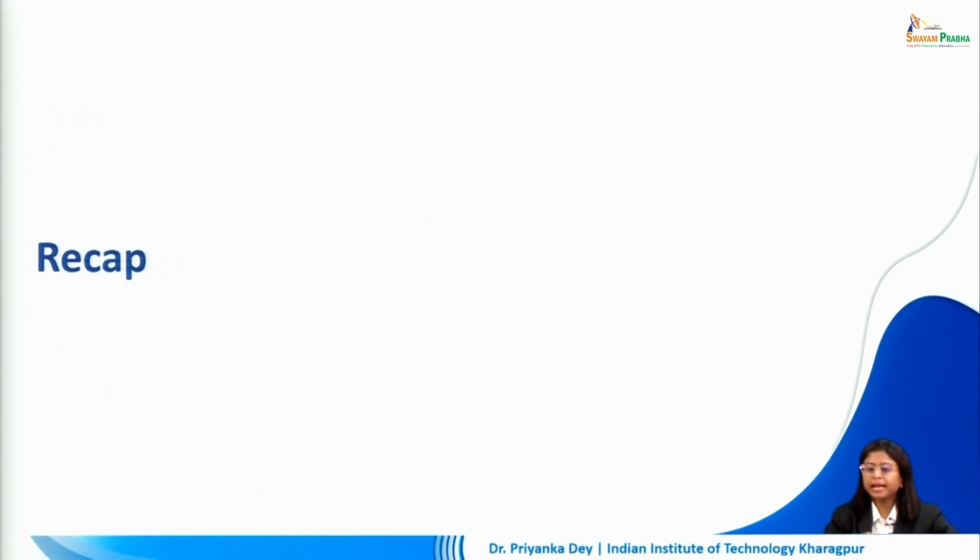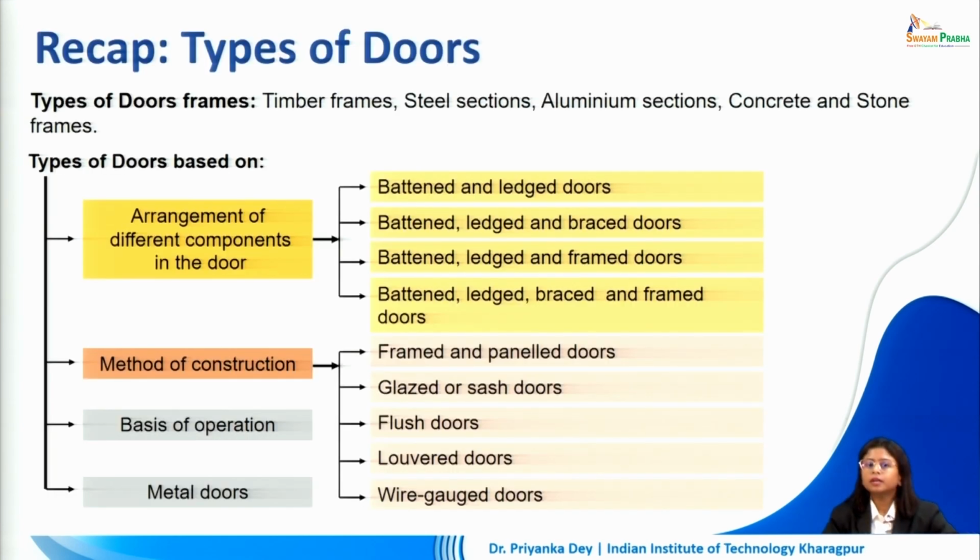Let's take a quick recap, because there are quite a few types of doors we studied, to help us remember. We can classify doors on the basis of arrangement of different components in the door, method of construction, basis of operation, and we can also have classification for metal doors. Now before we fix the doors, we also need to know the type of door frames that are available to us. So we can have timber frames, steel sections, aluminium sections, concrete and stone frames. We've seen how big the door frames should be, how they are fixed onto the wall with the help of